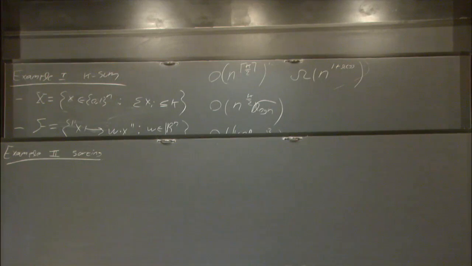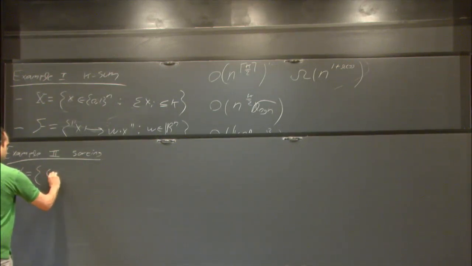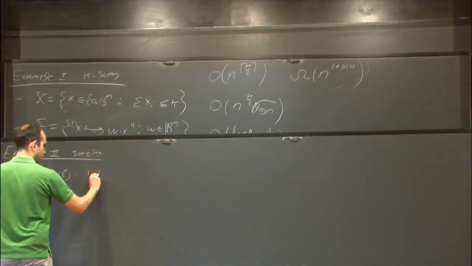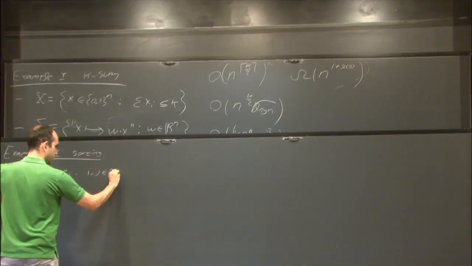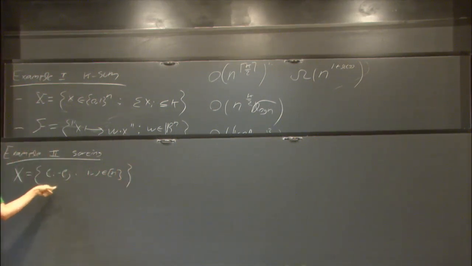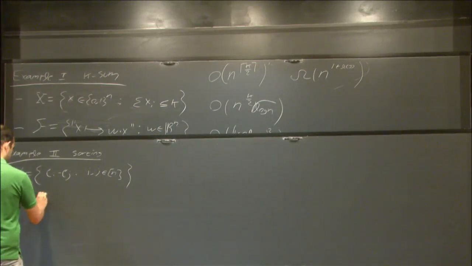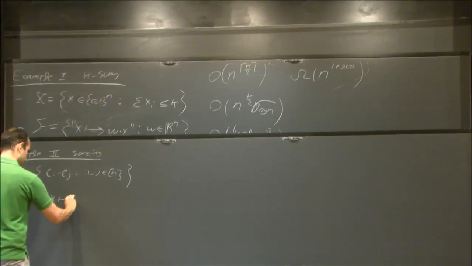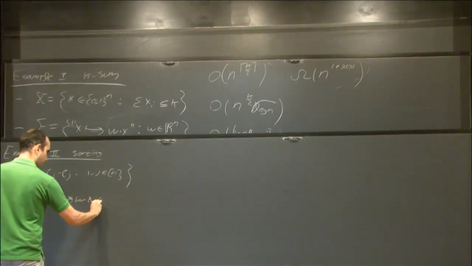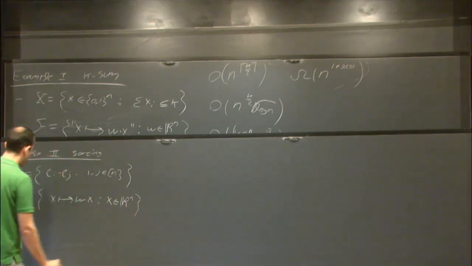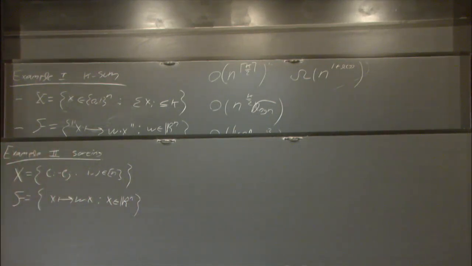Okay, so in sorting, x is e_i minus e_j, for i, j in [n]. So it's the difference of pairs of unit vectors. And f is again the same thing: x goes to w dot x, with x in R^n. Now what I claim is that given an input array W,